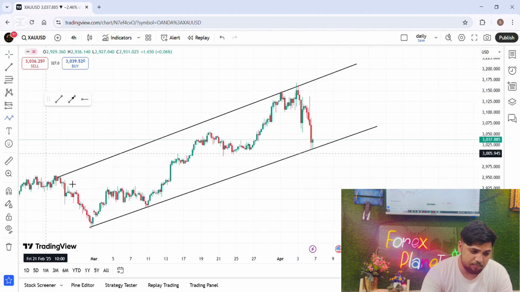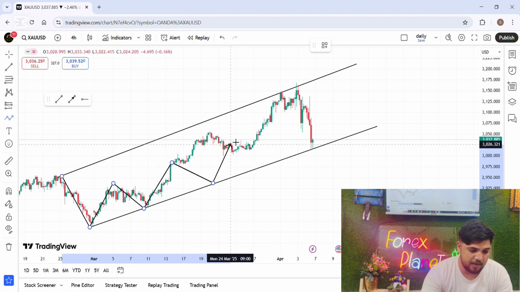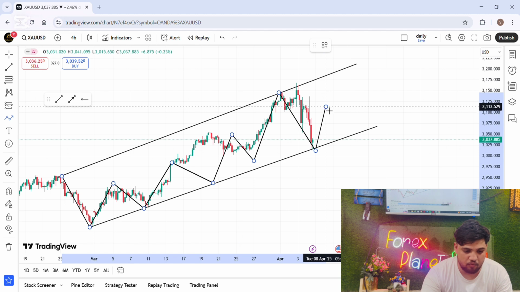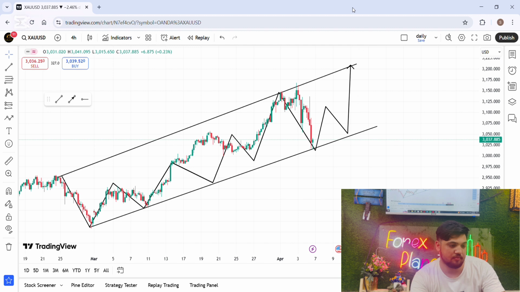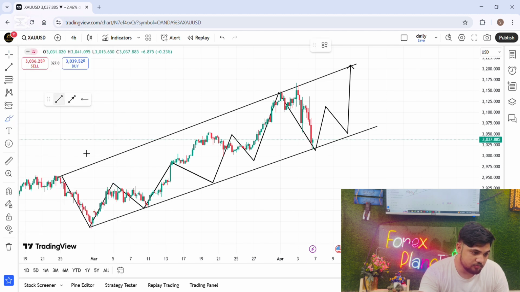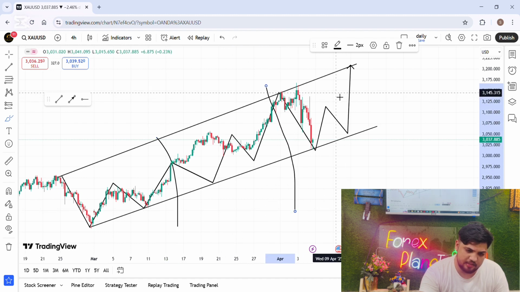According to the zone, this is the perfect movement of the gold: selling, buying, selling, buying, selling, buying, selling, buying, selling, and now we will have buying, 50% retracement, selling, then buying. If you see the structure, there is a formation of 3 W patterns. Okay, W pattern. If you can see, we have one W pattern here. Where is the pencil? Okay, this is one W pattern, this is the second W pattern, and this is the third